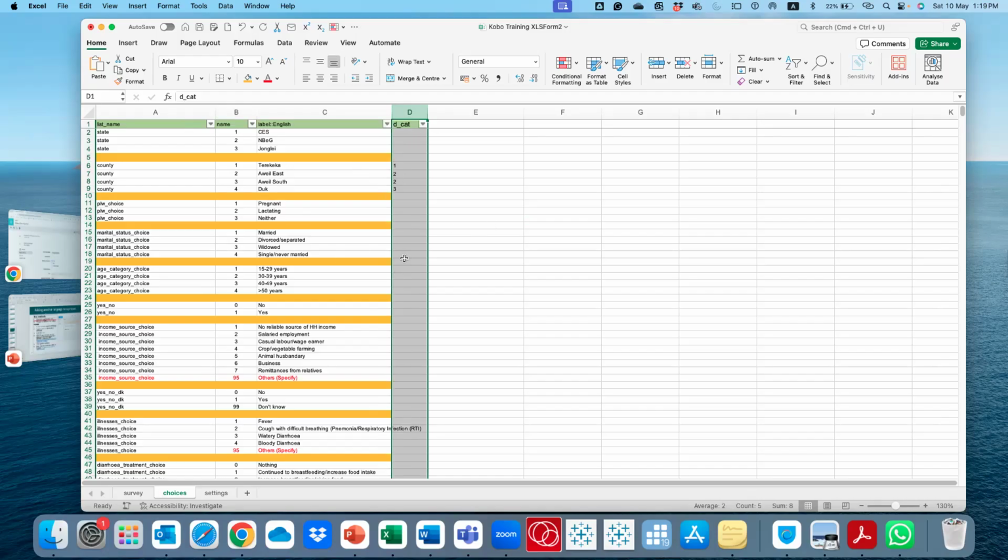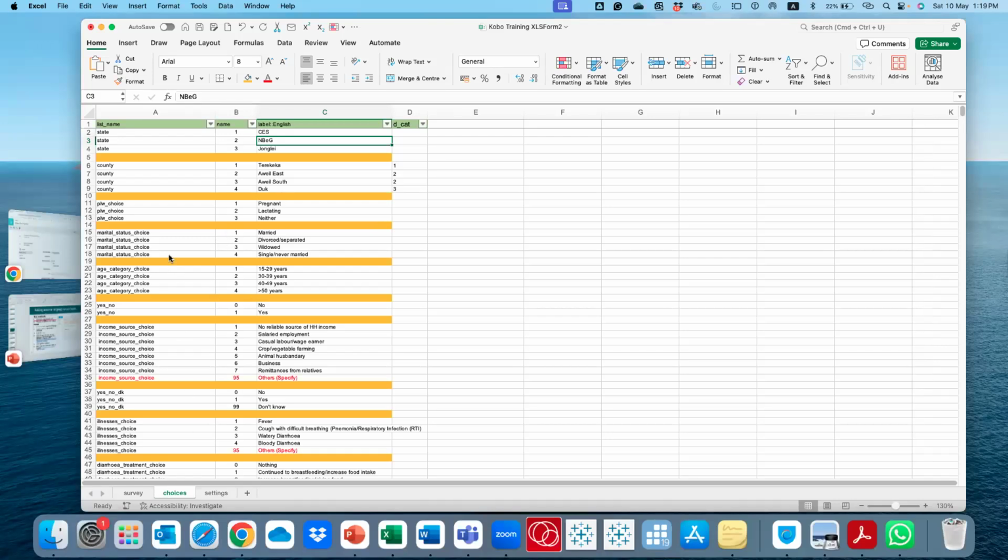I don't want to confuse you, but you want to show that Terekeka is only applicable to Central Equatoria State. Aweil East and Aweil South are only applicable when Northern Bahr el Ghazal is selected, which is 2. Duk is only applicable in Jonglei. So Terekeka won't show if the state is Northern Bahr el Ghazal. These are some of the other additional things that you can do.